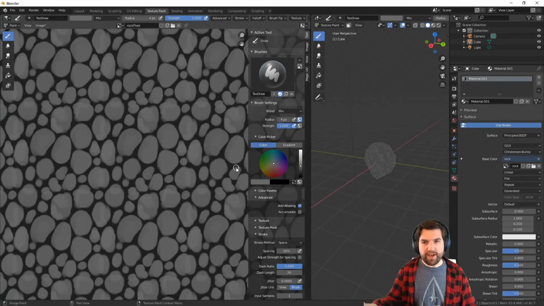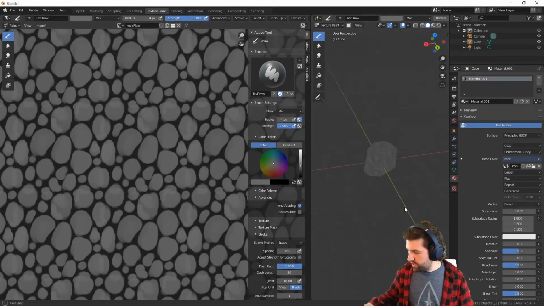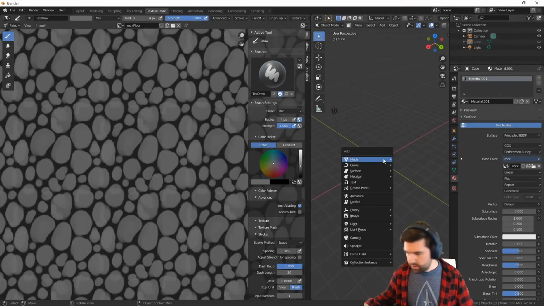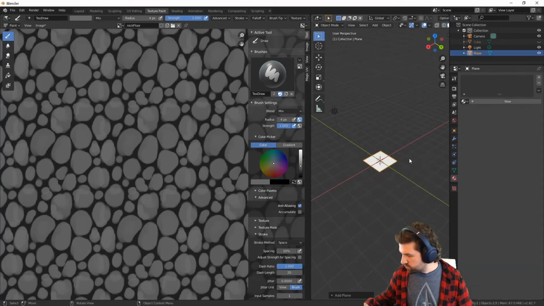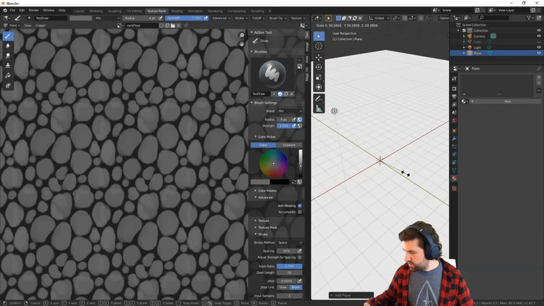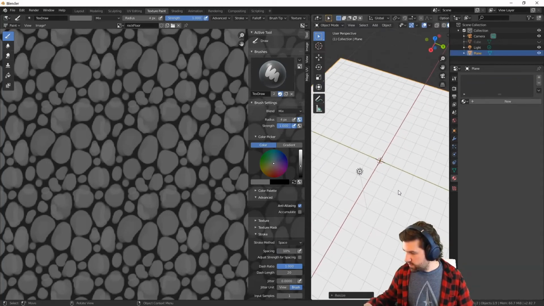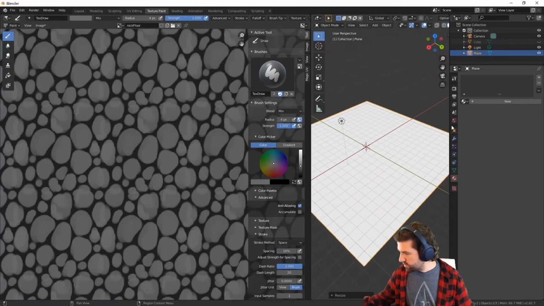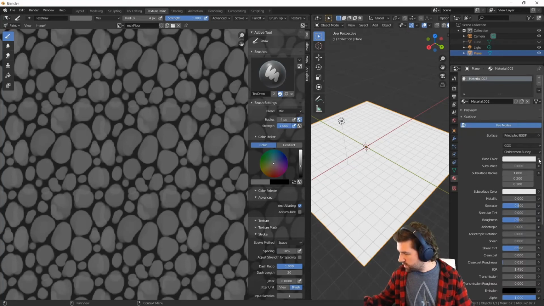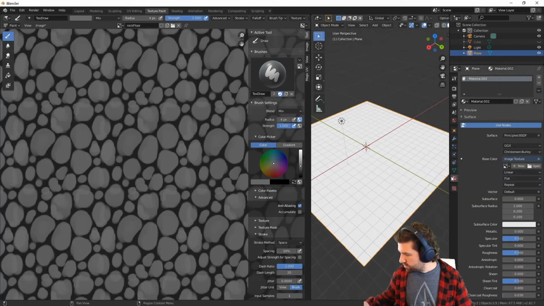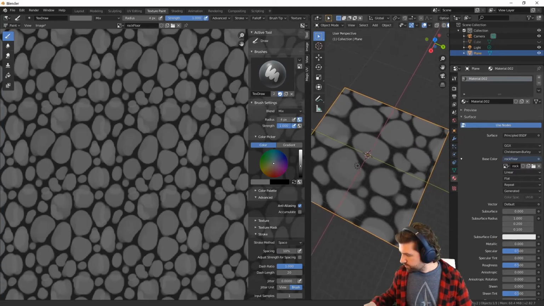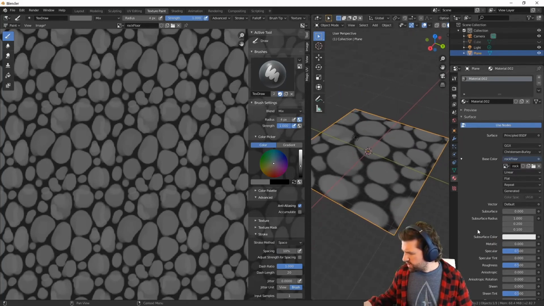Okay, so I got this, and if I threw this on a big pattern, let's go ahead and hide this guy, and I'm gonna put in a big plane, scale that up, and this can be my sample here. So new, and color, image texture, and I want to use that rock for this. And right now it's just